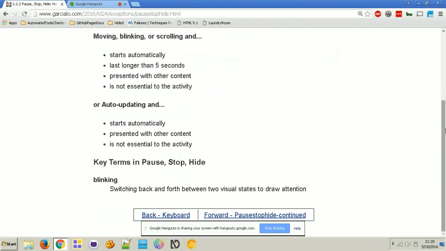Scrolling content would probably be something like a marquee, or maybe a stock ticker, things like that. Just anything that goes through, or maybe the page auto scrolls for some reason, or they're scrolling on the page. Automatic scrolling. And then auto updating. Everybody knows what auto updating content is. Say you have Twitter, you have Facebook. The content's just always going, or maybe a scoreboard that's keeping track of the game, and so the numbers update, etc. Or a stock ticker, right? That's a little bit more scrolling than auto updating. But you can imagine a table stock ticker, where you have a few stocks that you're following, and the values update dynamically in the table.